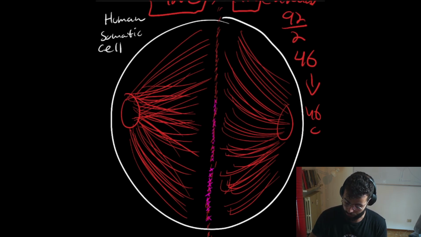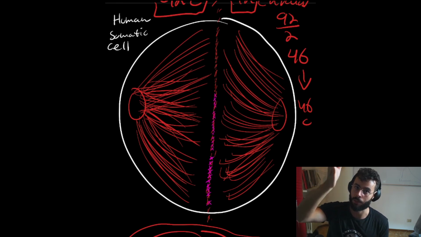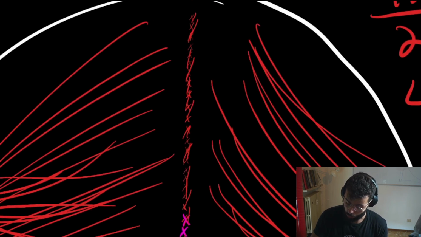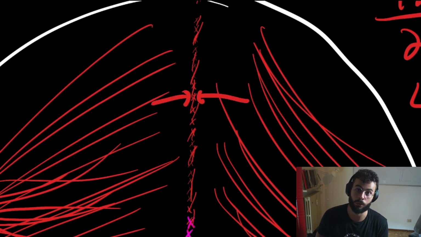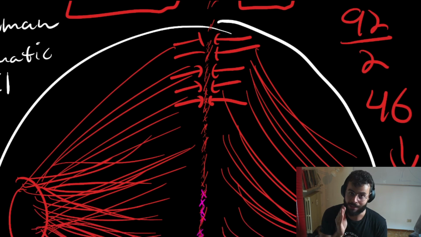Then during the metaphase plate, all of the sister chromatids are going to align on the same plate. All 46 of them. Then we are going to take one of these, or all of them, and we are going to split them into two chromatids. The sister chromatids are going to get separated into both sides. Once we separate and we reach a point that we have 46 dissociated pairs that start to migrate to the opposite side of the pole, as soon as we break the bond between them, and we have double centromeres now